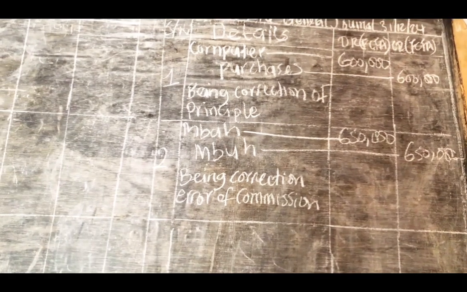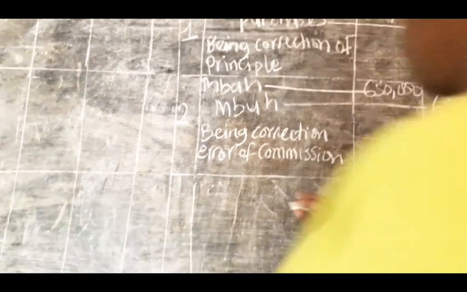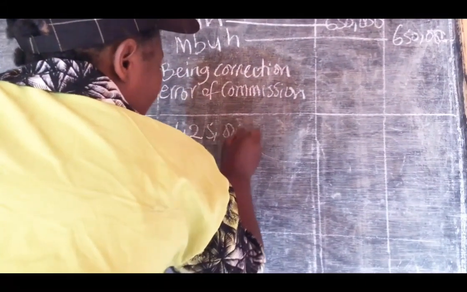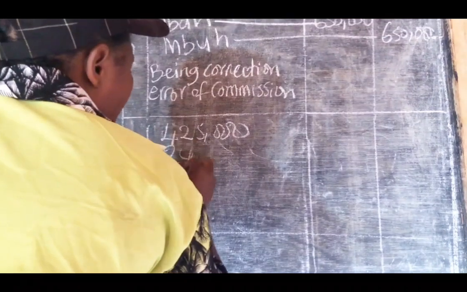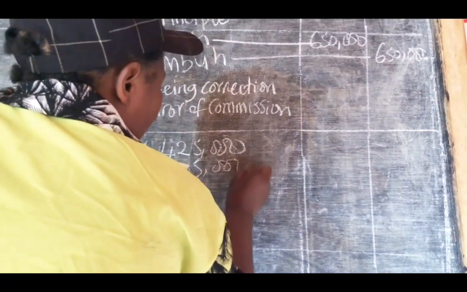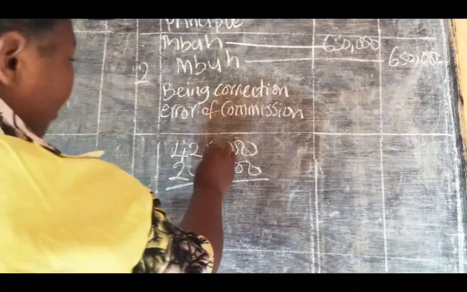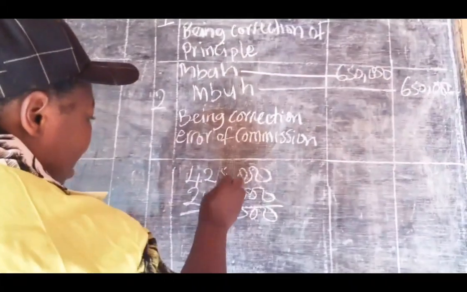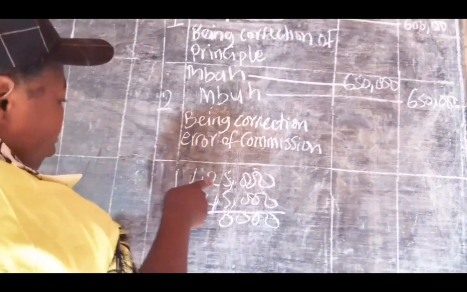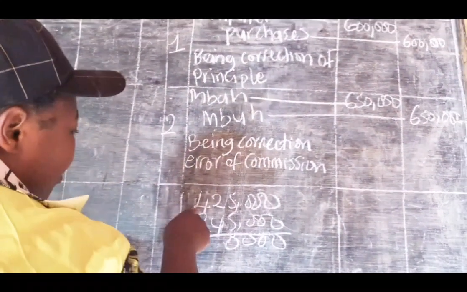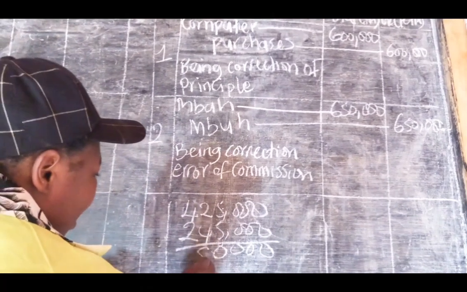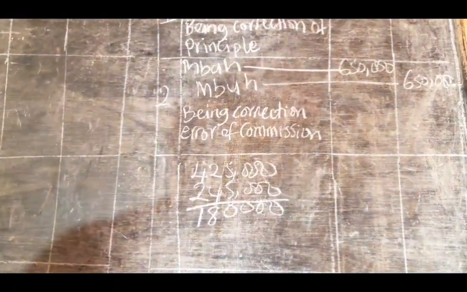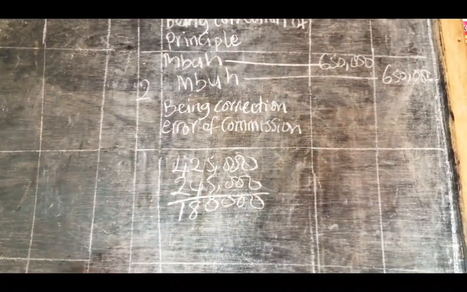We take 425,000 minus 245,000. If we subtract here, we have 0, 0, 0. 5 minus 5, we have 0. 2 minus 4, it cannot go. We take 1, it's 12. So we have 8 here, and it was 3. So we are left with 1. So it's 180,000